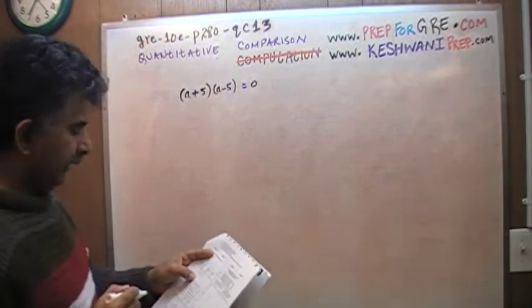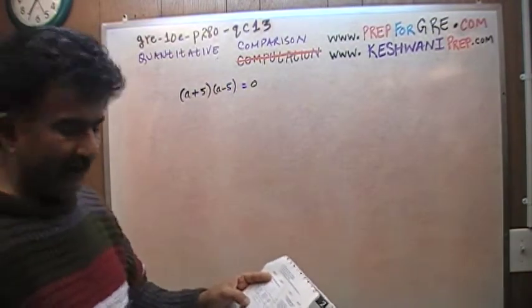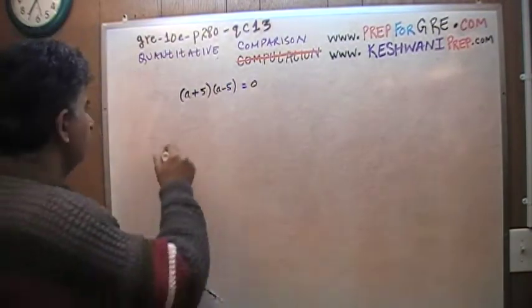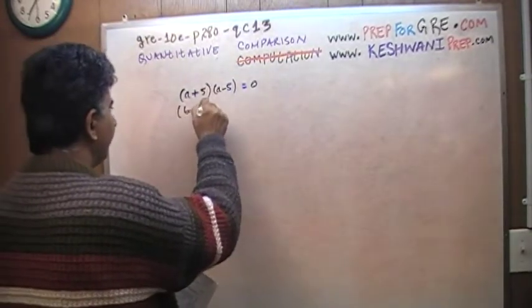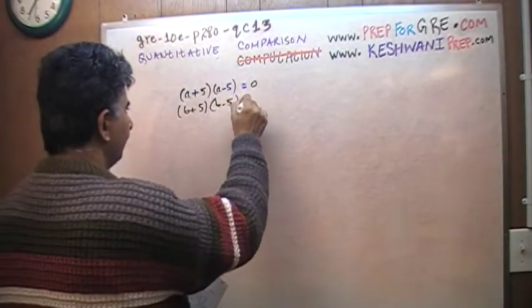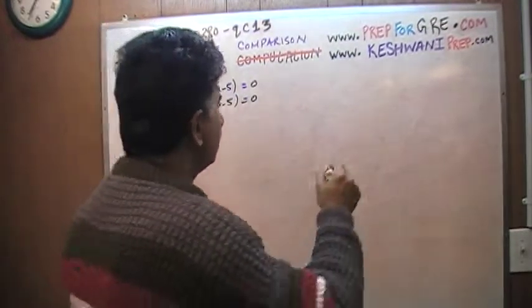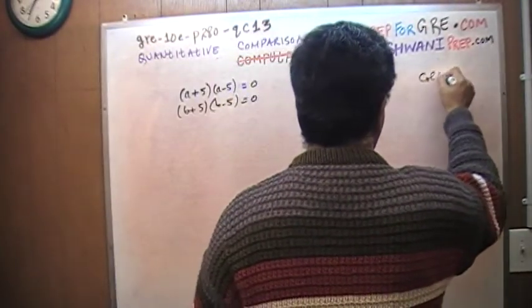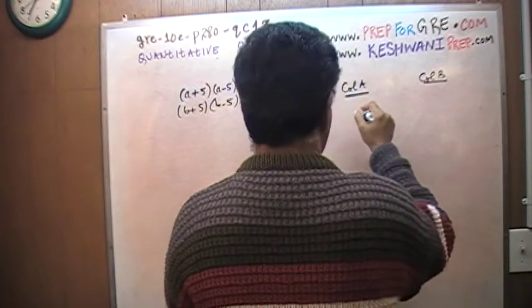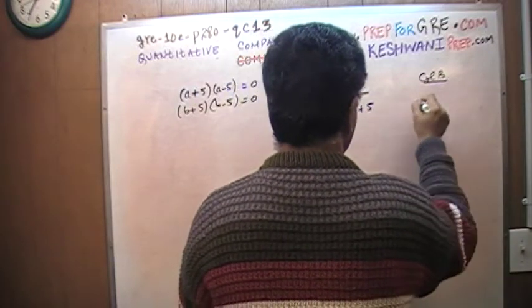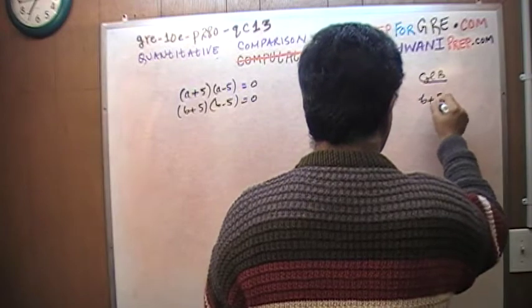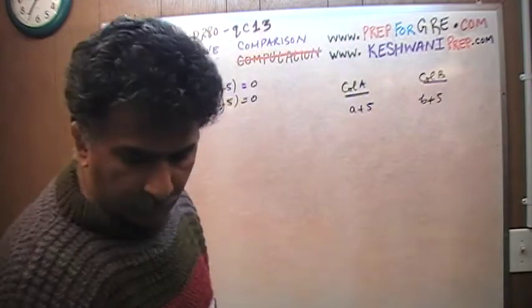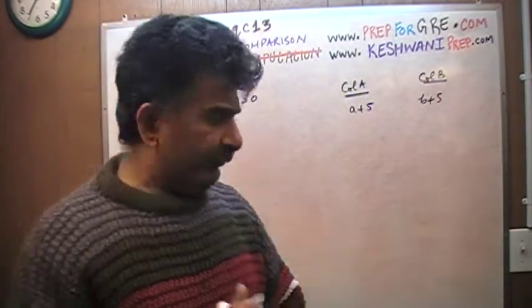They tell you that a plus 5 times a minus 5 equals 0, and they tell you that b plus 5 times b minus 5 equals 0. And then they want you to compare these two quantities. a plus 5 versus b plus 5. Well, the very first thing I want you to understand is that, for example,